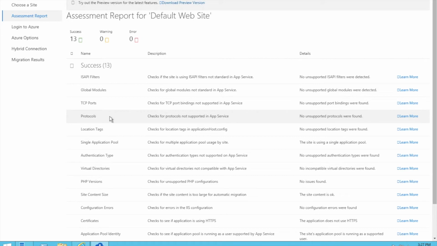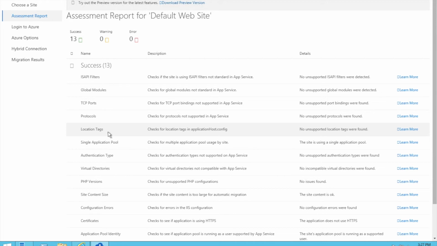Then single application pool. We need to see that our application has only one application pool, because Azure App Service supports only a single application pool.